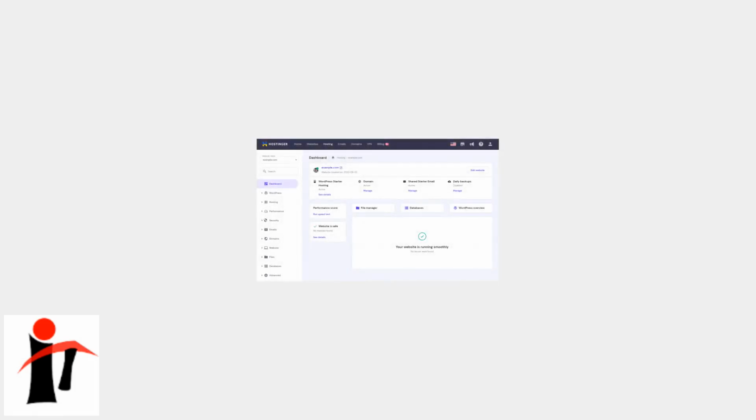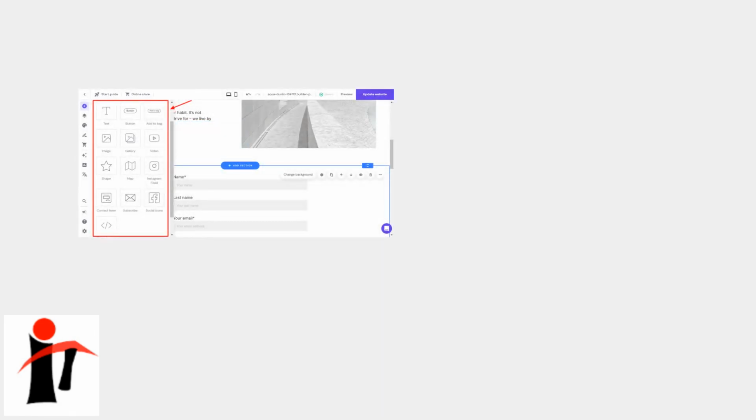Let's get straight to it. How do you add images to your Hostinger website? First, log into your Hostinger account and access the website builder. From the editor, drag an image or media element onto your page. To upload, simply click the Upload button and select your desired image from your computer or integrated cloud services like